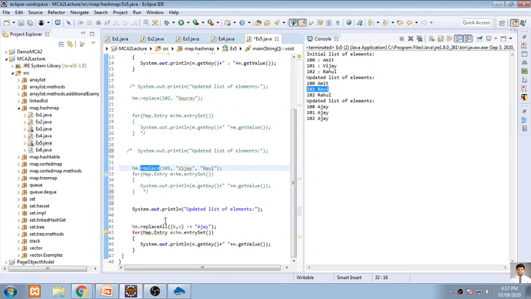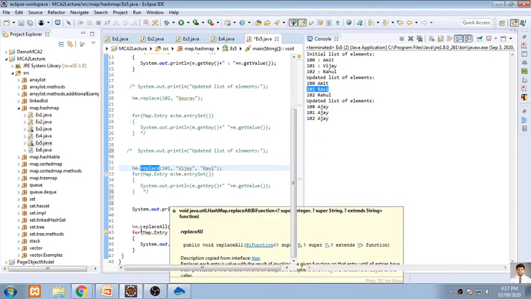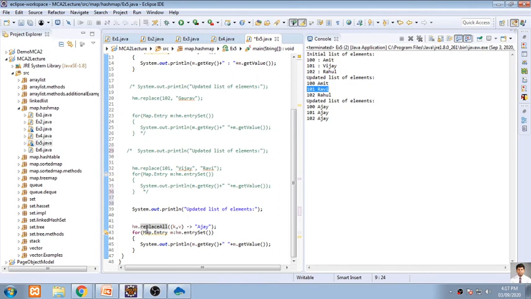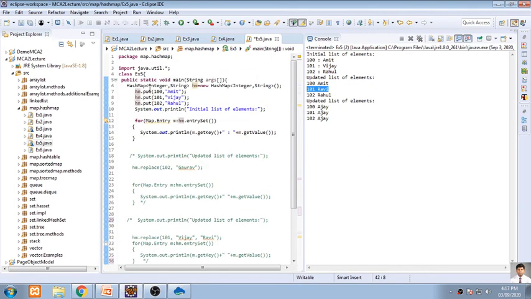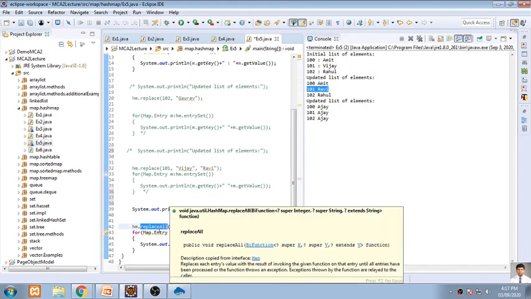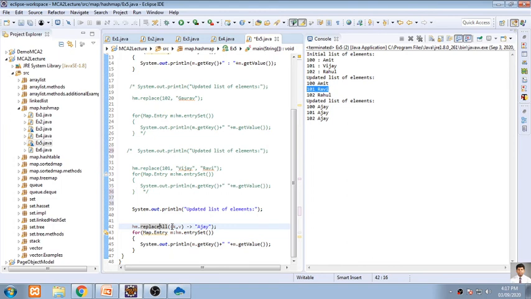So the last one, replaceAll. At run time, I don't want these Amit, Vijay and Rahul. I want all these values to be changed at a single moment with a single command. For that purpose we are using replaceAll. So this is HM, the hash map object. HashMap dot replaceAll, whichever key is there, with the value Ajay.